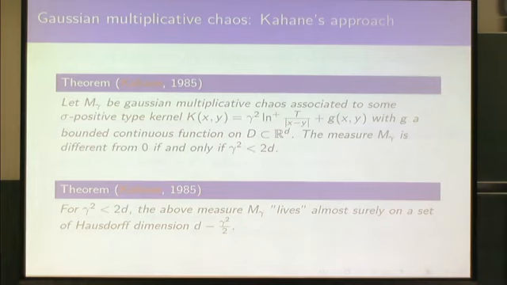Okay, so what is important here for us is that the measure you get at the end is different from 0 if and only if gamma squared is smaller than 2d. This is going to be what happens in a few slides: we're going to work in dimension 2. We could also work in dimension 1, and so this result is relevant for these two dimensions,